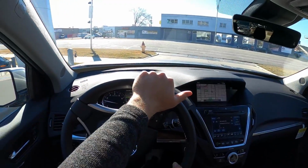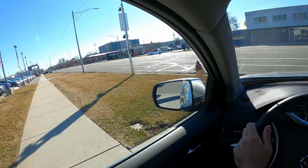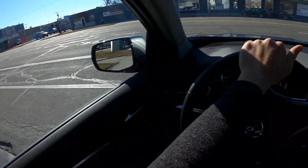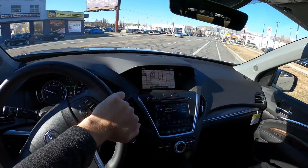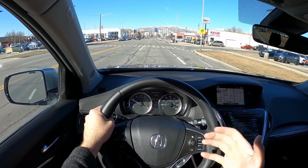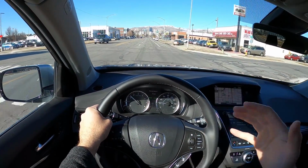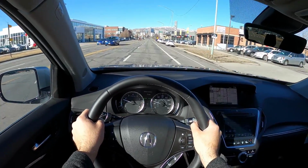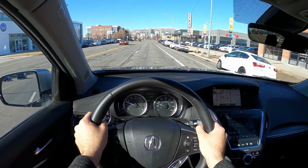Well, we are setting off here in the 2020 MDX, and yes, we are using this for our driving comparison video as well, and we're driving the 2020 first so that I can really feel the difference between this and the 2022, and go from obviously the older one to the newer one, because the newer one's supposed to have all the improvements. First off, from a ride quality perspective, definitely can feel quite a bit happening underneath us